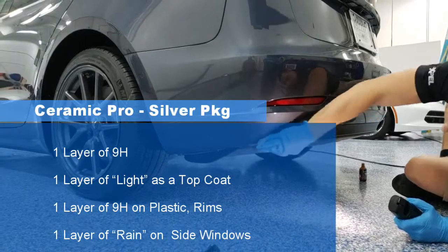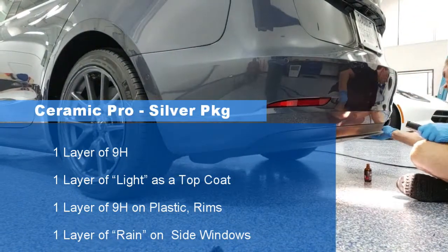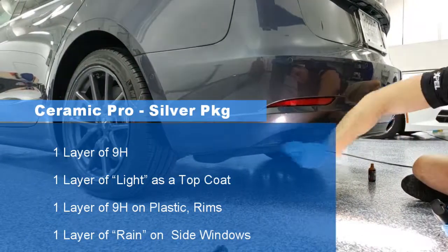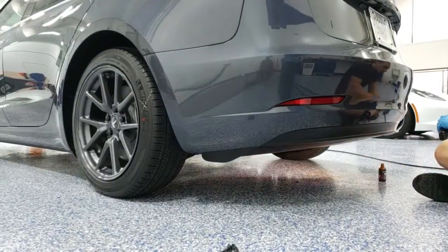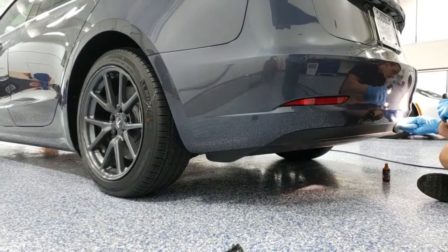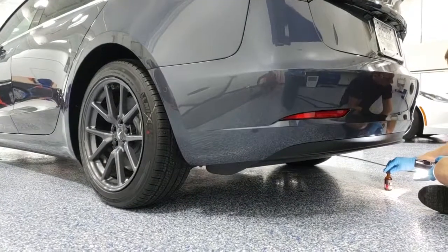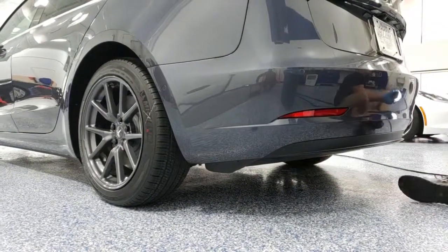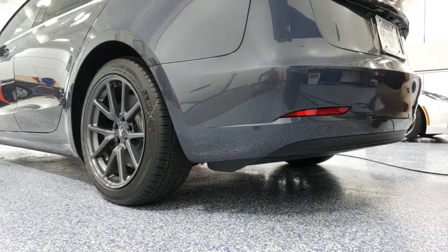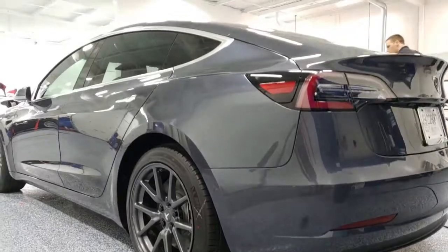And I've been pretty happy. I mean, the car looks great in my opinion. And again, I'm happy with it. You need both a good product and a good professional application to maximize it, and I think that's what I'm getting here at Bra Indy. So as we let the video roll,